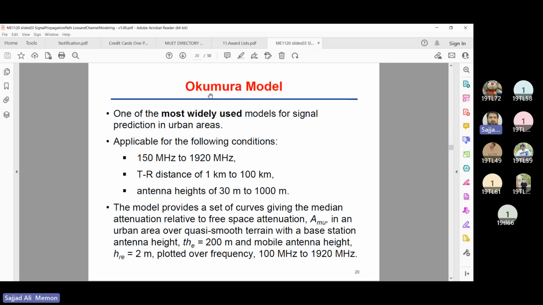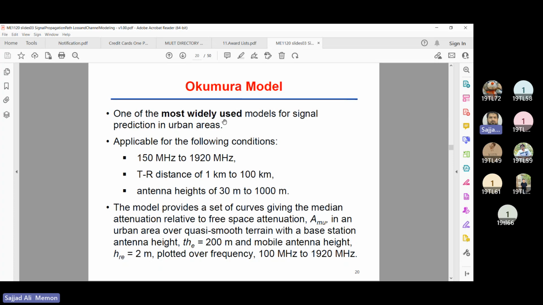Okumura is the name of a scientist, and that scientist belongs to Japan, and he took experiments in Tokyo, the city of Japan, where he made all these experiments and used frequencies from 150 to 1920 megahertz, distances 1 kilometer to 100 kilometer, and different antenna heights from 30 meter to 1000 meter. He took thousands of experiments, transmitting signal and then receiving. So he collected that data, and from that data he made an analytical expression that can be used to calculate the receive power